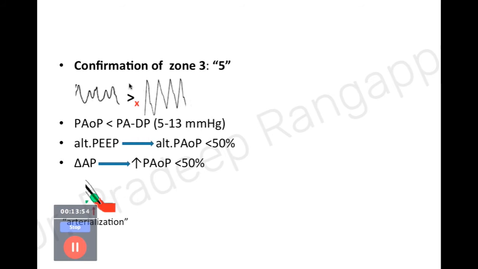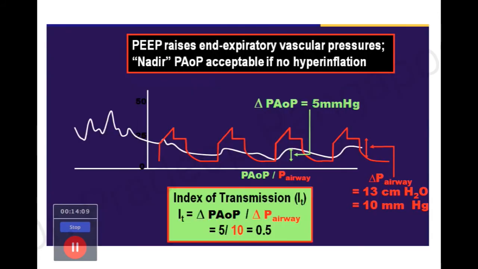The simplest thing is to remember that your wedge pressure cannot be more than your pulmonary artery pressure, or pulmonary artery occlusive pressure should be less than pulmonary artery diastolic pressure. If you can remember these two, I think that should be good enough to determine that it is sitting in zone 3. So what is the relationship of, obviously we saw that the pulmonary artery is sitting, when you are wedging, in very close proximity to the alveoli.